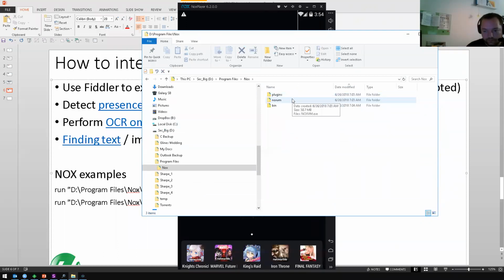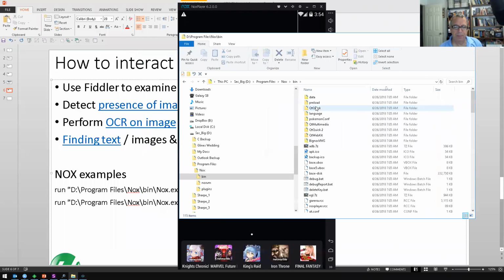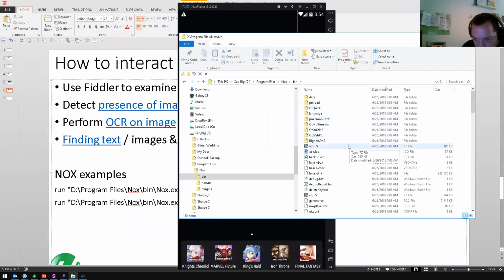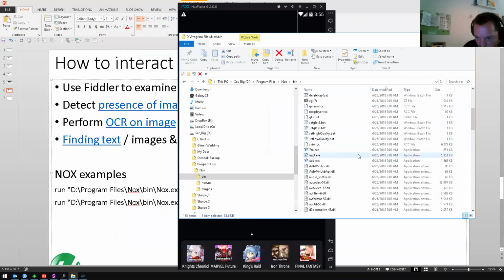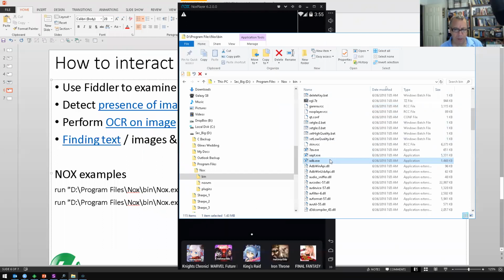Where am I going from here? I think go into, where is the actual exe? Isn't that there? Into the bin. There we go. Most likely in the bin. Yeah. There should be one called AD something. It's not there. Try and go further down. There, ADB, that one. If you use that one in a run command like the one you just had,